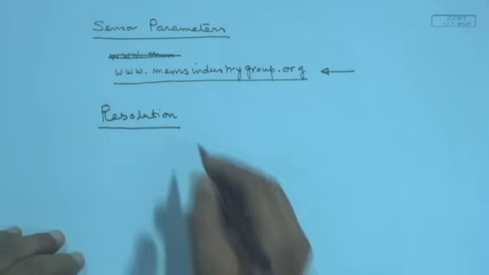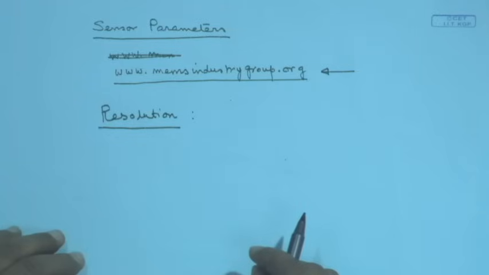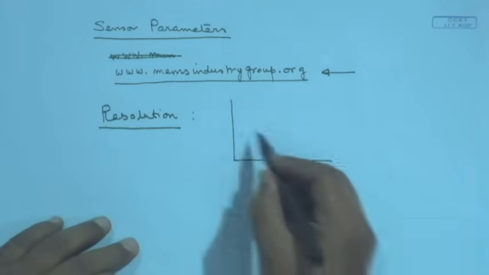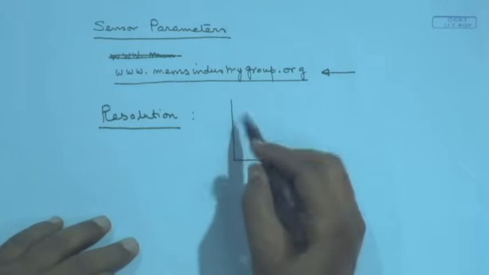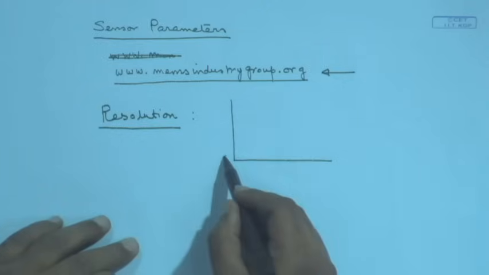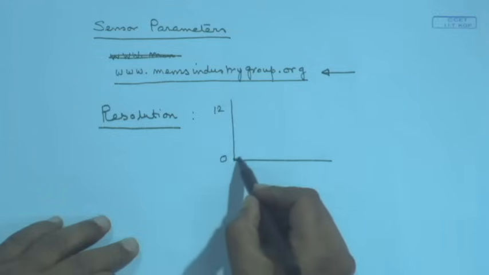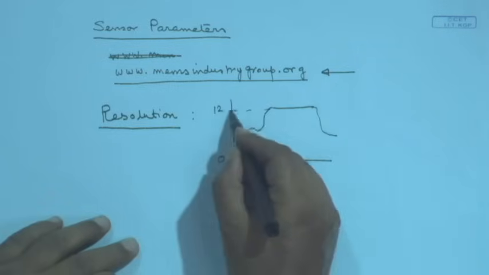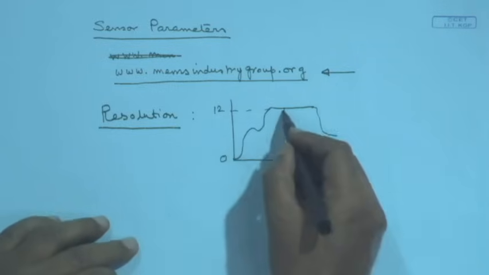When we talk about resolution, what does it mean? Yes, resolution means the smallest identifiable element. For example, I am measuring voltage through some digital or analog means, and my voltage range is from 0 to 12 volt. Now, it can be any voltage within 12 volt, and I want to measure voltage at any particular point of time,